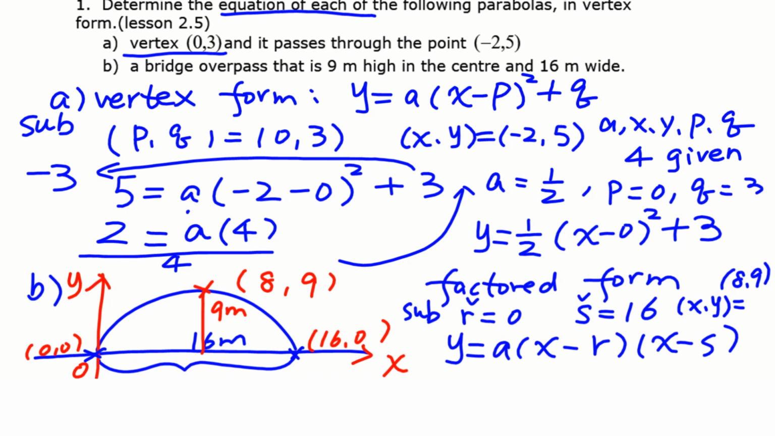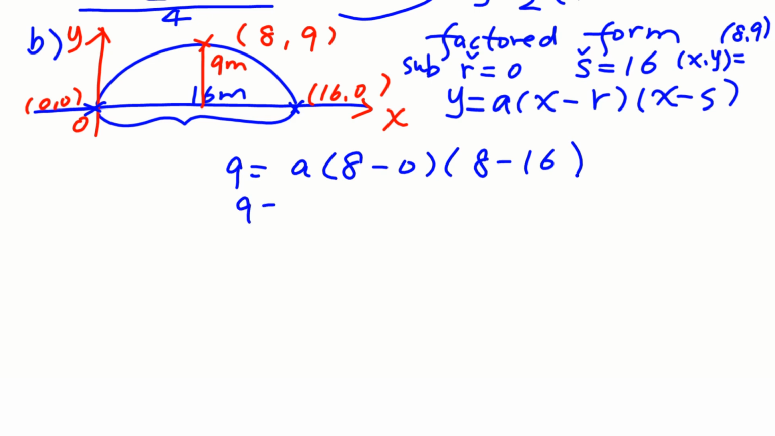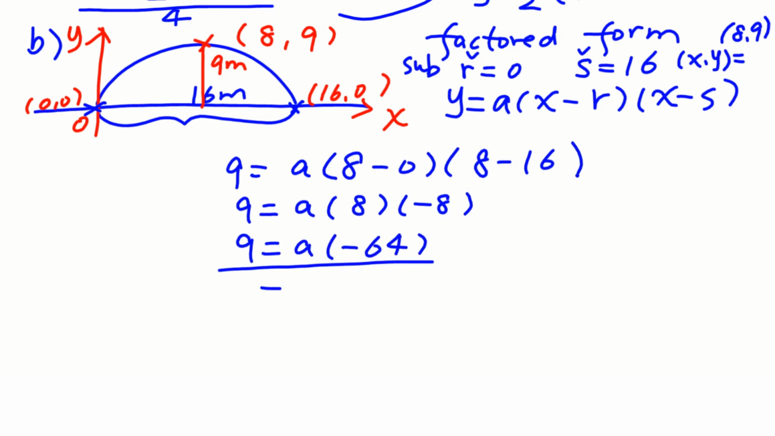Then we are going to sub in. So we have y is 9, x is 8, r is 0, s is 16. Then we have 9 equals a times 8 times -8. We have 9 equals a times -64. Bring the -64 to the other side, a is 9 over -64. Then we sub